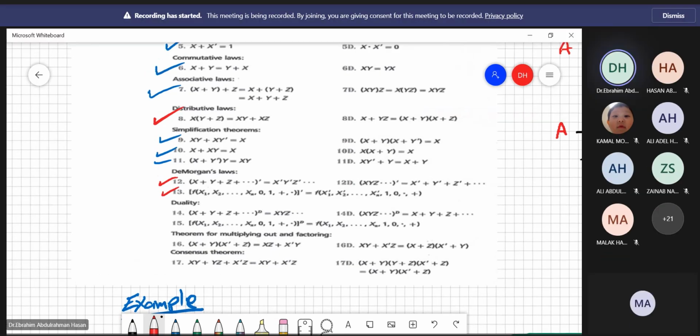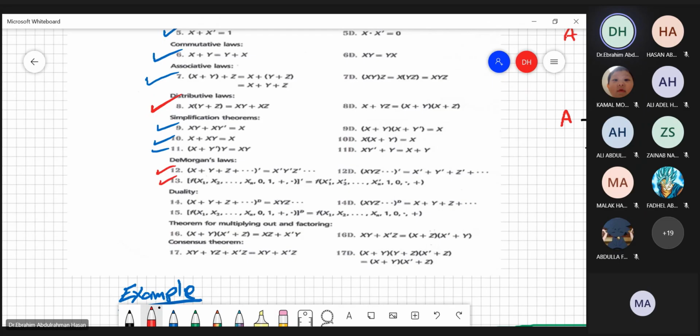Okay, duality: it's easy and nothing new in it. It says that the dual of a function is obtained by changing OR to AND and AND to OR, and changing 0 to 1 and 1 to 0, and then you will get the dual function. Okay, is it helping? Yes. Okay, for example,